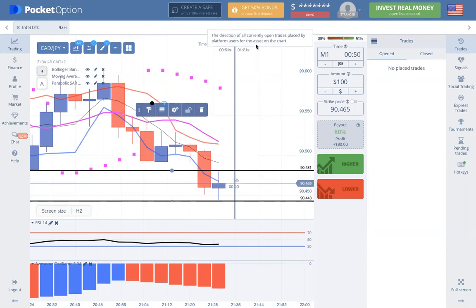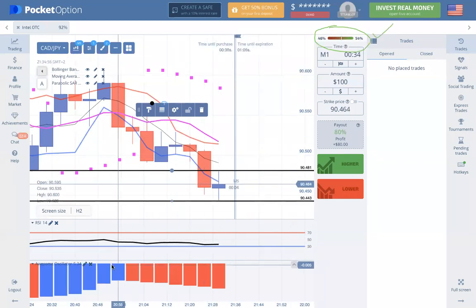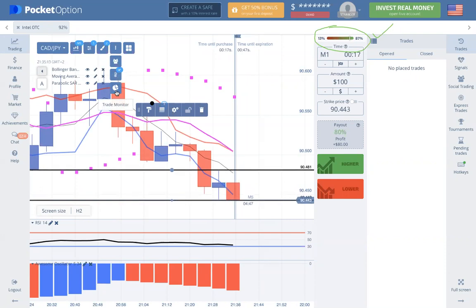So of course here, this is really the deciding factor to a lot of trades that I decide to make. This little bar up here. Let me just go ahead and put a circle around it so you know where I'm looking. If you currently use Pocket Option and you do not have this feature on, you want to make sure you click right next to the paintbrush, right where you get your horizontal line. You click right here, and it's called Market Watch, right? So you can have social trading. I don't know if I'll go over that today, but it's also very helpful, another indicator. And you also have the trade